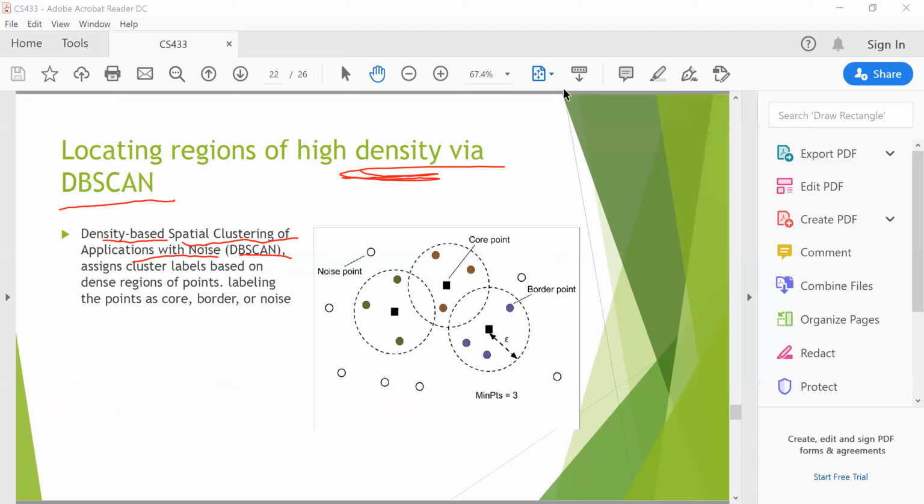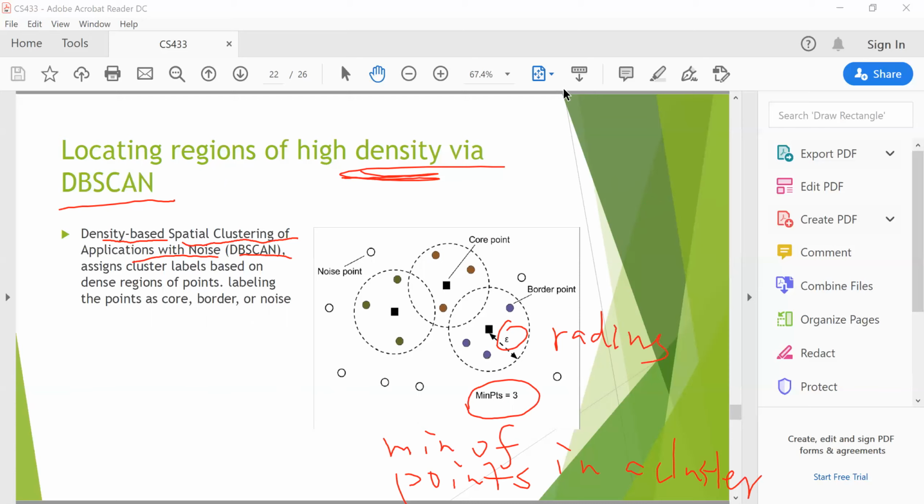So what is the concept here? There are two parameters we need to consider. One is the minimum number of points in a cluster, so you need to define this parameter. The second one is the radius. And so once you know the minimum number of points,